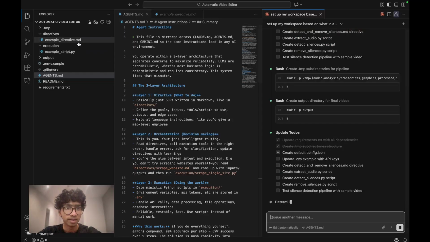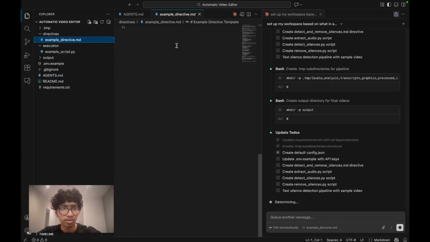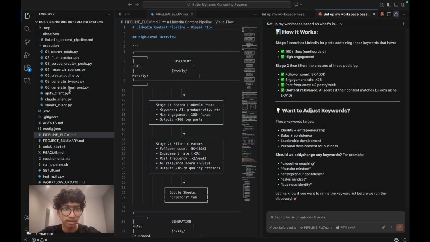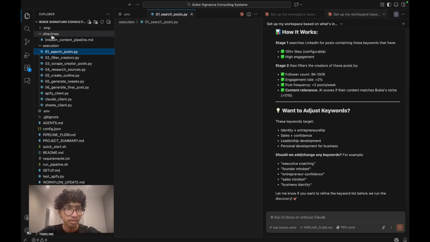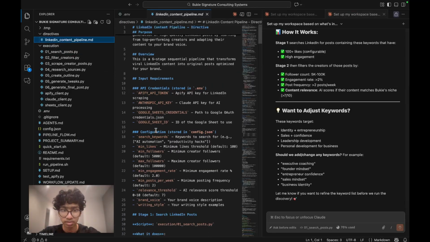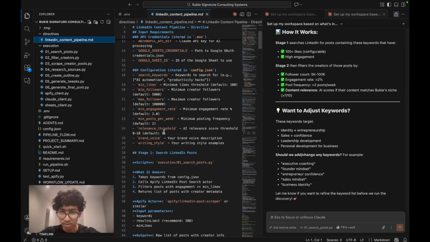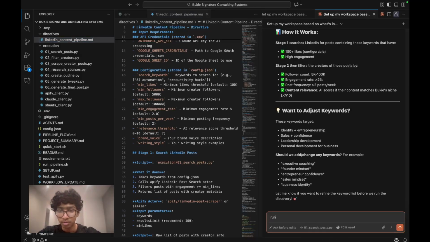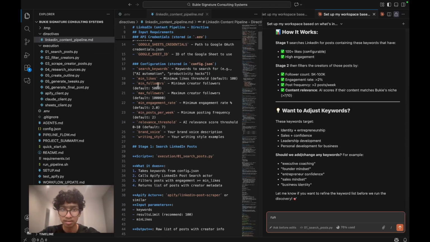So in directives, let me show you an actual setup. This is another workflow that I built for my client, and what this does is it automatically creates LinkedIn posts for generating traffic for their business. And as you can see, there is directives, and usually there are more directives, but for this system there's just one. And what the agent does is when I say run and click enter, it goes through directives and reads through this, and as you can see, all this